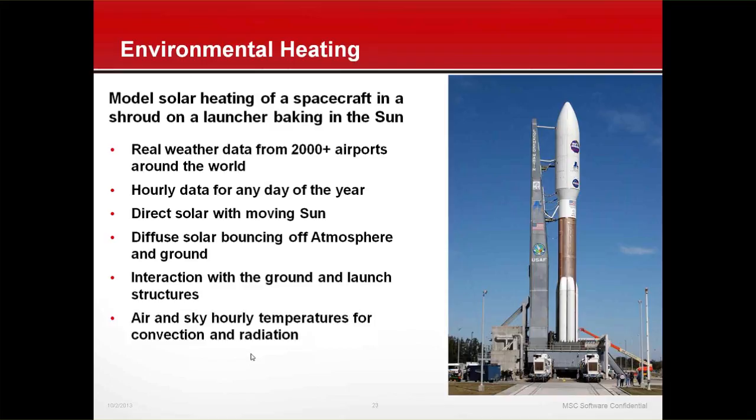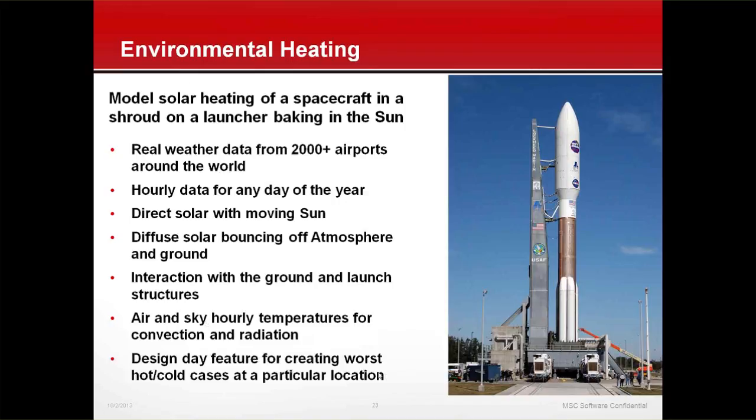We also have interaction with ground in the launcher you can build. We can do ground models and get deep ground temperatures. We have sky temperature and air temperature. The sky temperature we radiate to, the air temperature we convect to. And we can create something we call design day, create worst case hot, cold cases for a particular location, where we can say search through June through September, and at every hour find the worst normal flux or worst diffuse flux,